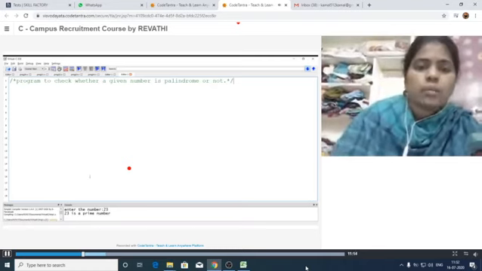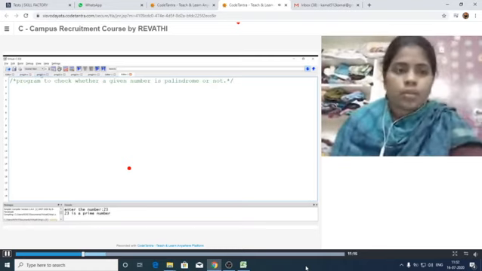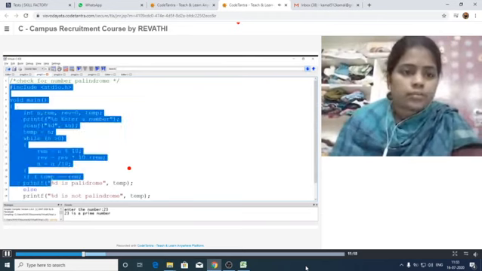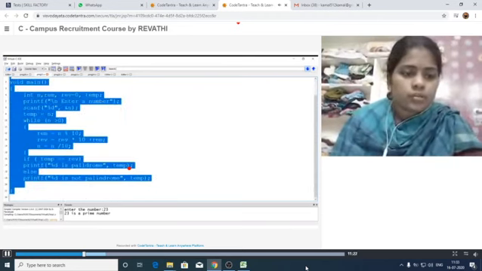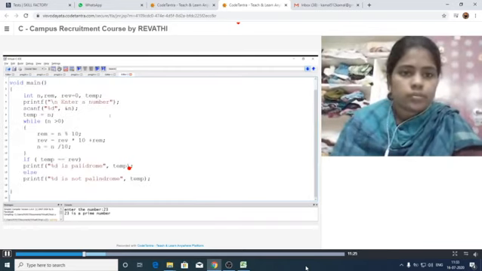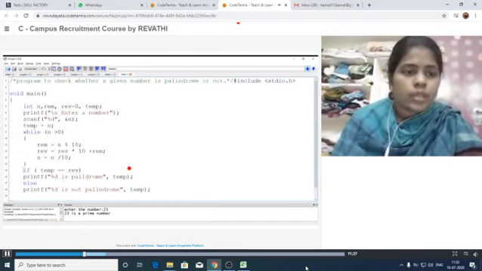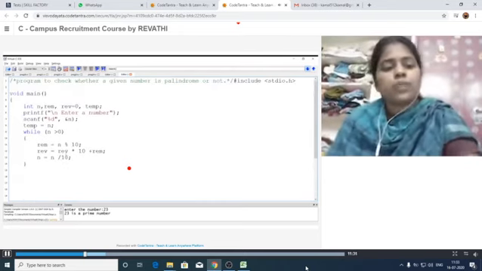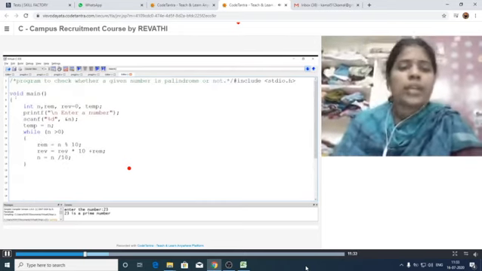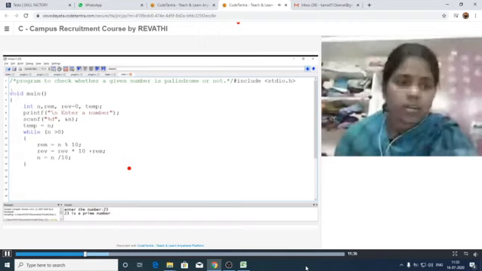Okay, let us see. Already we have developed this one. Up to this point we have already developed it. What is the meaning of reverse here?